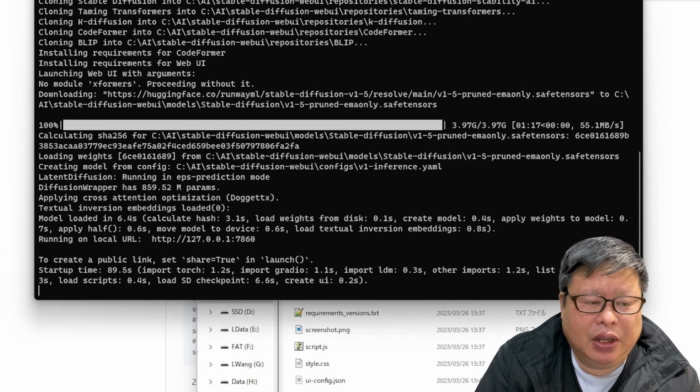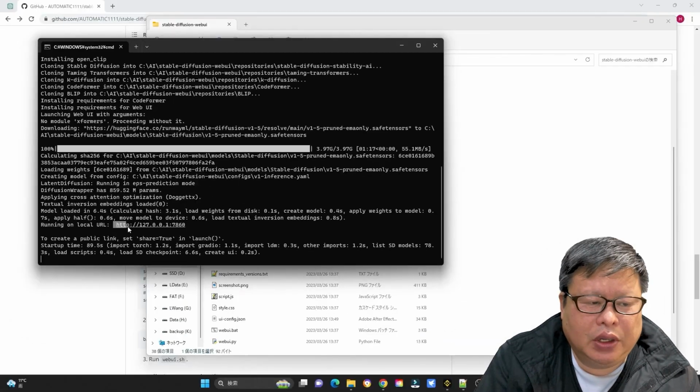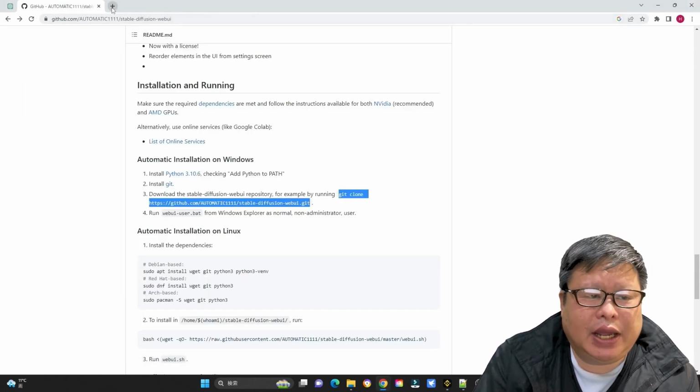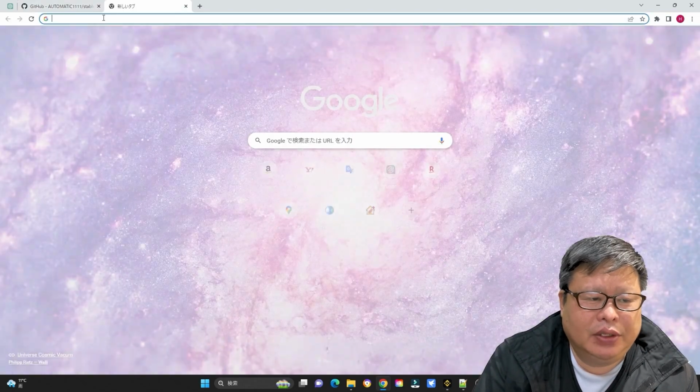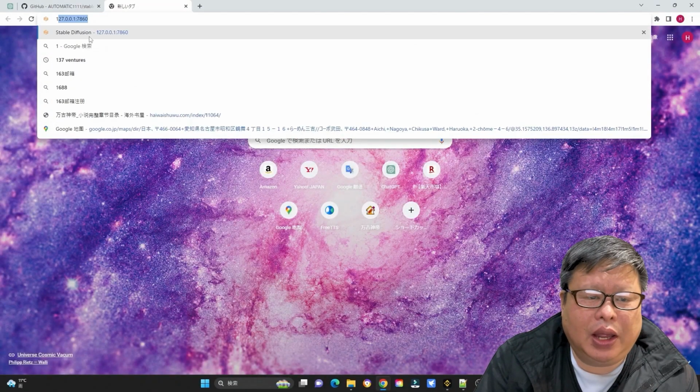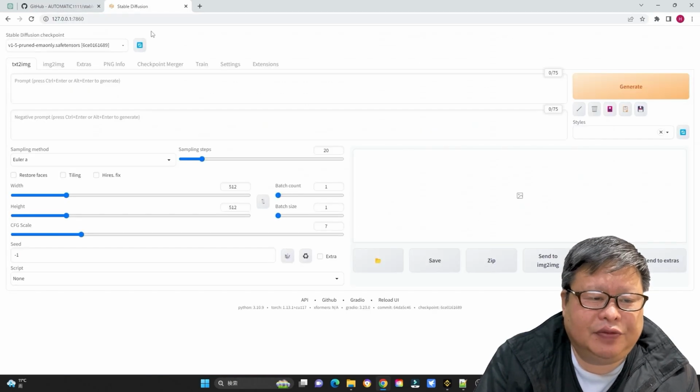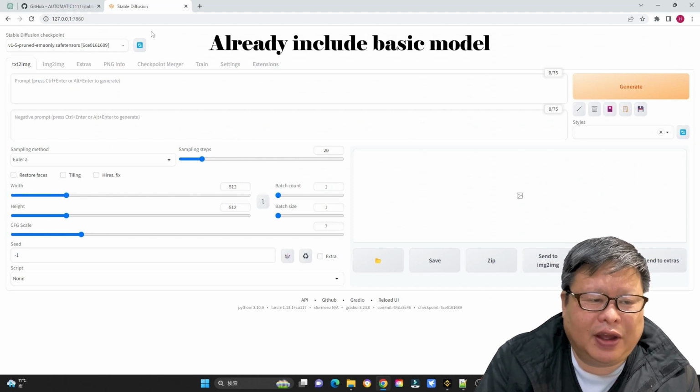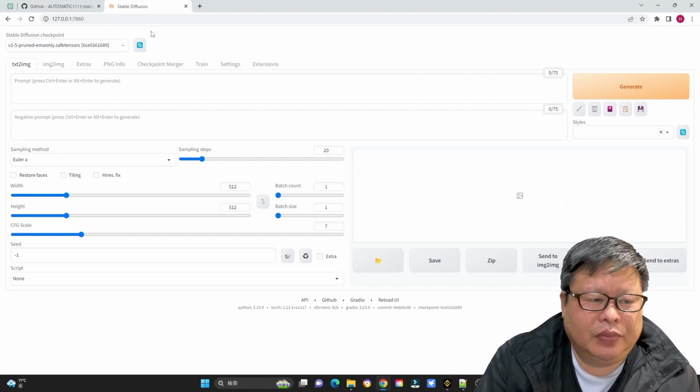After HTTP 127.0.0.1:7860 appears, the installation is completed normally. Do not close this window, you can minimize it. Paste the address in the address bar of the internet browser you are familiar with. The screen of Stable Diffusion Web UI will be displayed normally. The latest version will download the simplest necessary modules. Now it is v1.5 prompt mode. You do not need to download and install it.